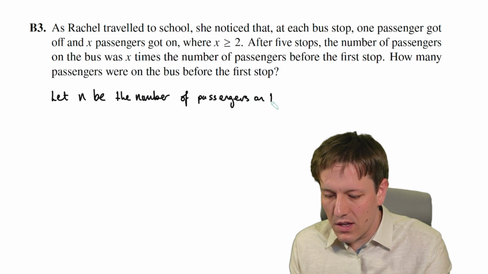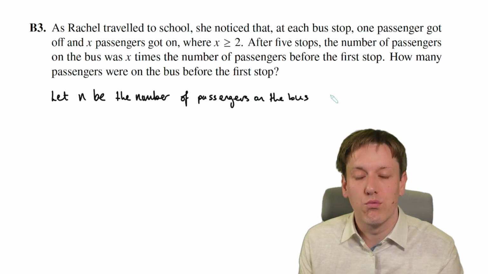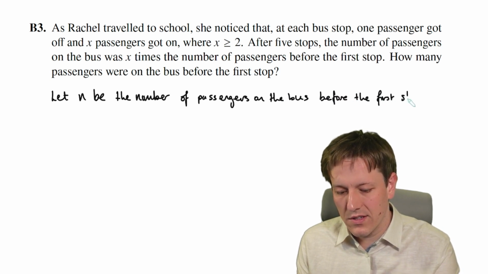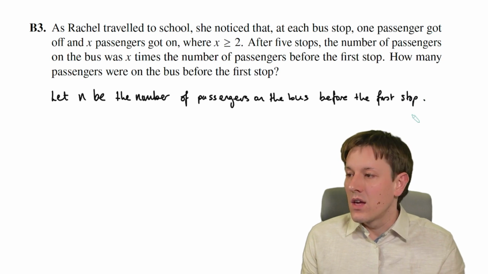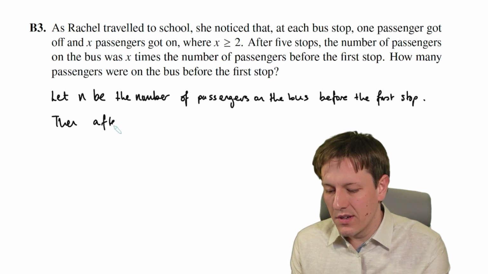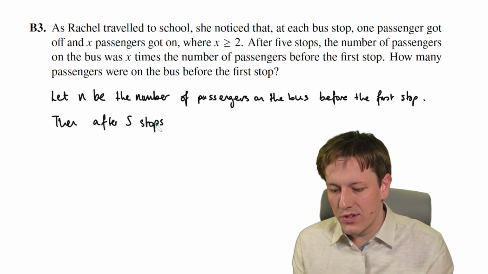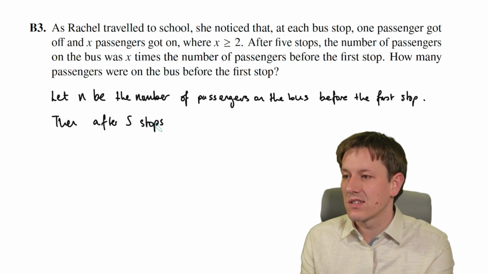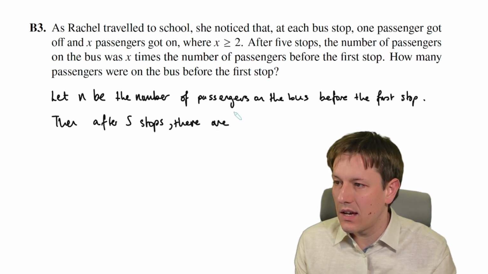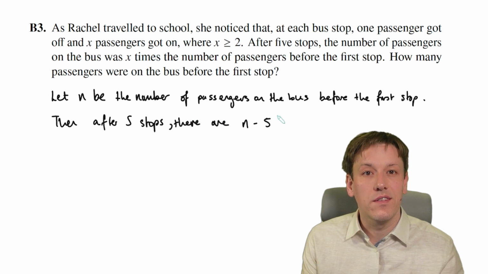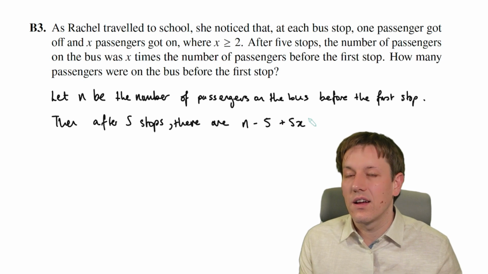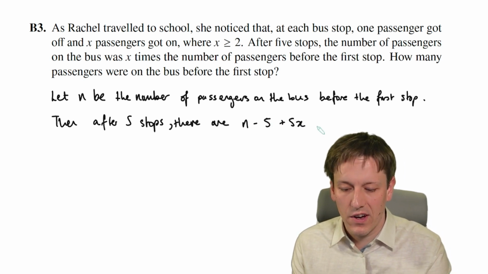Okay, and really important that we do write this as part of our answer to make sure we get full marks and to make sure that our answer is really clear and our algebra is set out. So then we can say that after 5 stops, because we've got one passenger getting off and x passengers getting on at each stop, there will be n minus 5 for the 5 that have got off, 1 at each stop, and then there'll be 5x passengers that have joined. So overall we'll have n minus 5 plus 5x